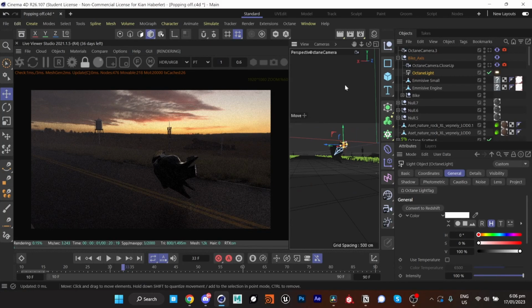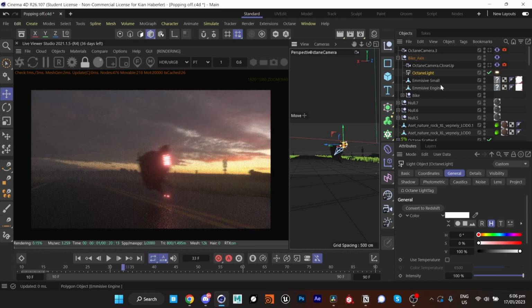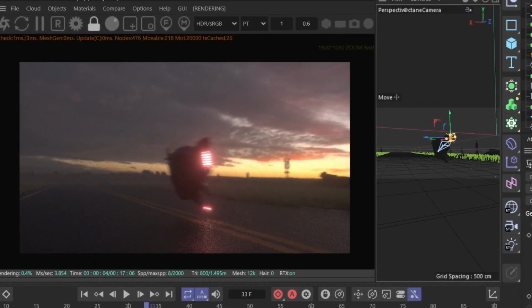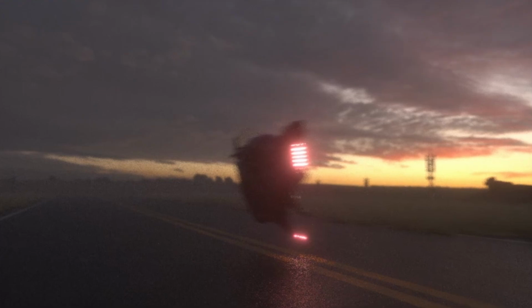So for this scene in particular, a lot of what carried the realism was actually the motion blur and bloom. Bloom can actually be a big part of how realistic your scene looks because it closely imitates how a camera would pick up brighter objects and bloom the areas around them out. If you don't have this turned on, sometimes it can really destroy the realism in your scenes, so definitely try that out. In this particular scene, it did actually make quite a big difference, but sometimes it really doesn't make